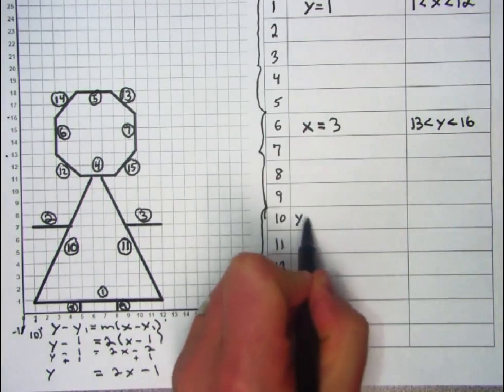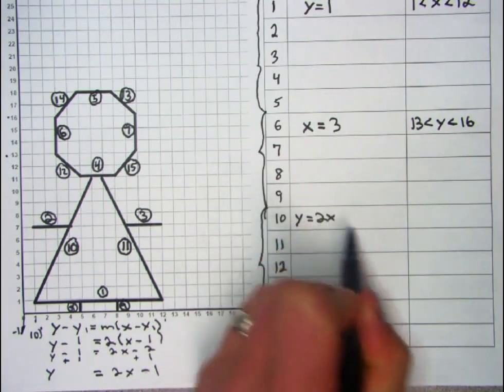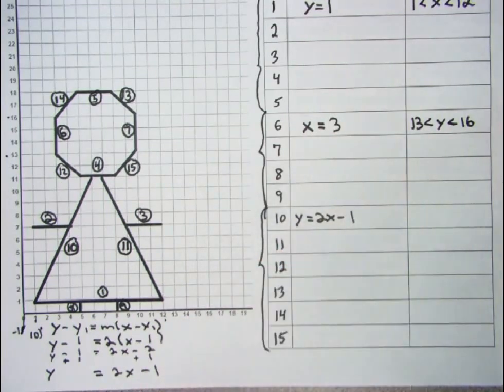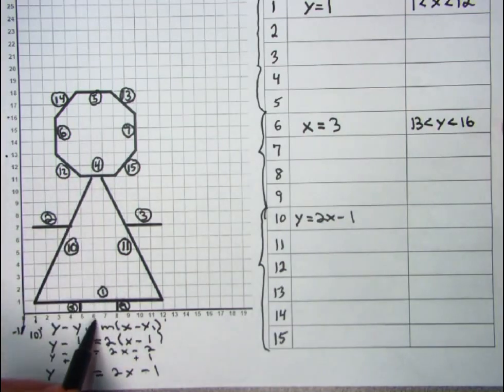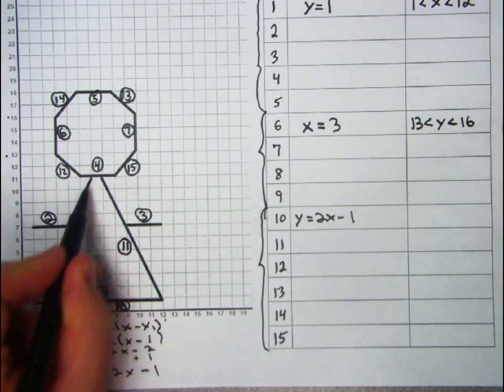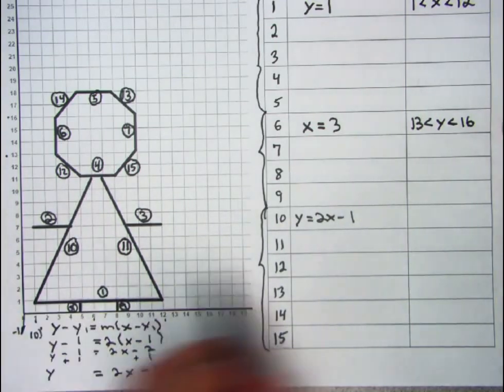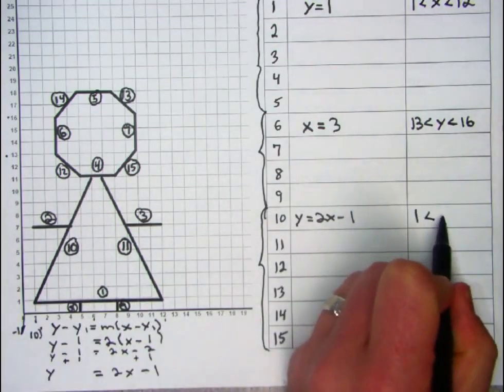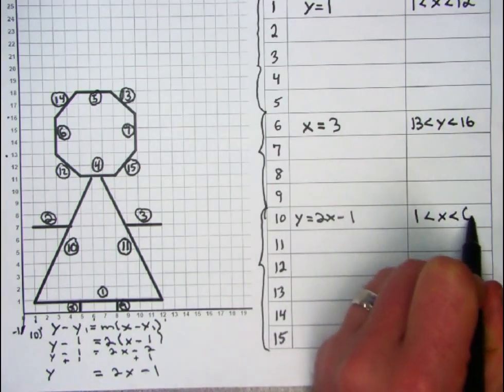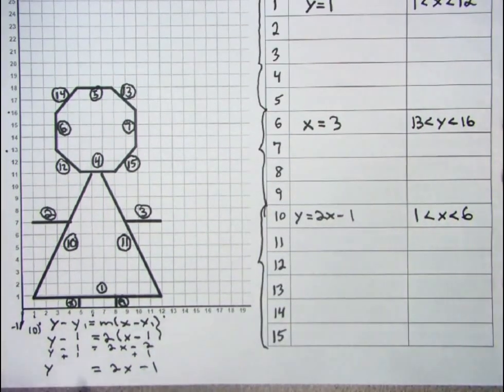So let's go to, what's this, 10, and write that in. 10 is y equals 2x minus 1. And the domain is going to be from, it starts at 1, and it stops at 6. So you can see this line, this diagonal, is between 1 and 6. Okay. And you have to do that for each